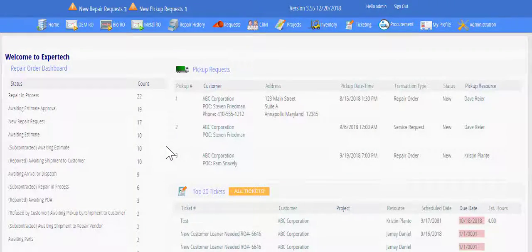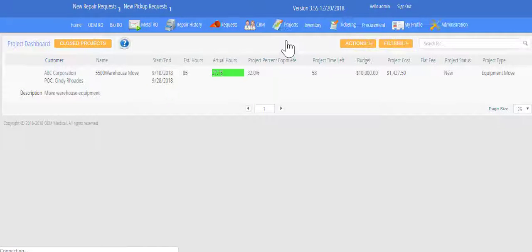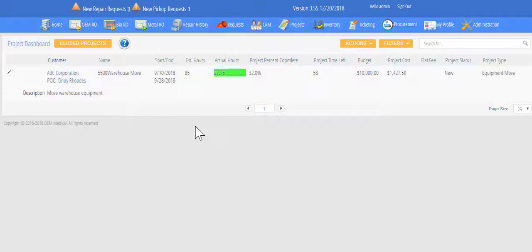Of learning Expertech, we're going to look at projects and the tickets associated with a project. Once we've logged in from the main menu, we can select projects. That will take us to the project dashboard. From here, we can see all the main information related to a project, the particular customer, the point of contact,